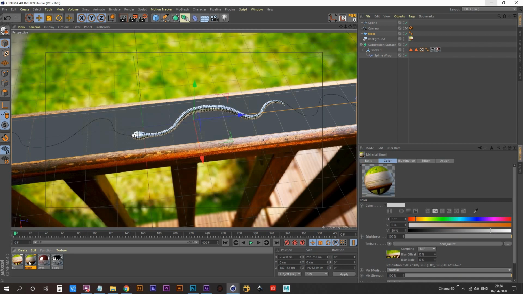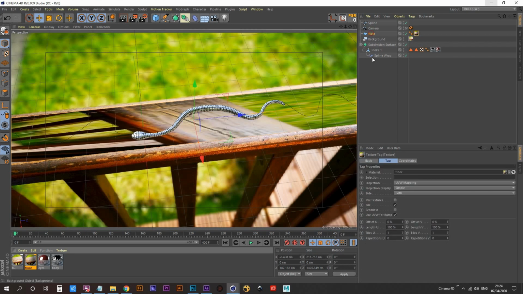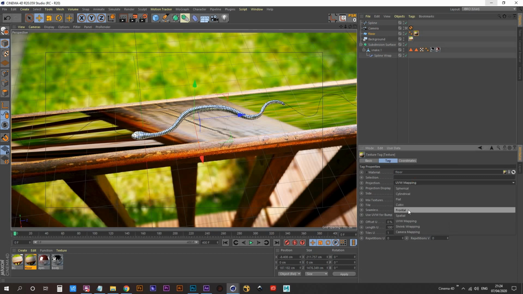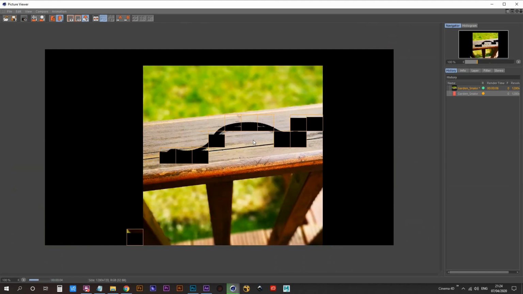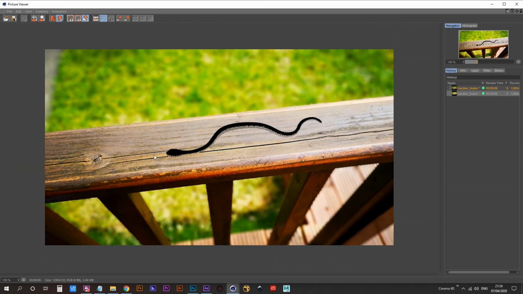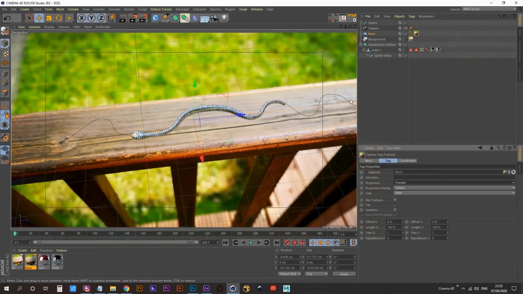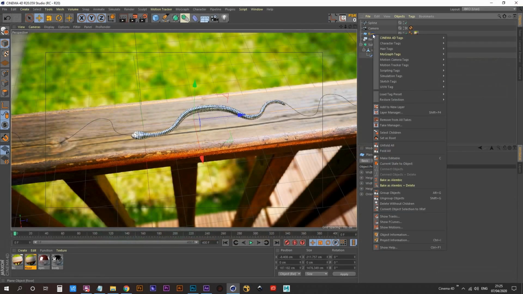Now we can apply it to our floor and set the projection to frontal. And let's do a render to picture viewer on that, see what we got. So now you can see that it's kind of blended in, but we still got these gray lines where our plane is. So a quick fix for that is, and you might already know this,